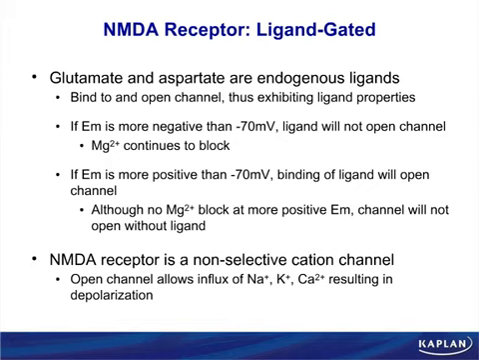Magnesium continues to block if the membrane potential is on the negative side of minus 70. If it is on the positive side of minus 70, or in other words, less negative, then the binding of glutamate or aspartate will work. So I have to have a ligand, and I have to have the membrane potential at the right level for the channel to open. As I already indicated, NMDA receptors are non-selective cation channels, but don't forget that calcium is coming